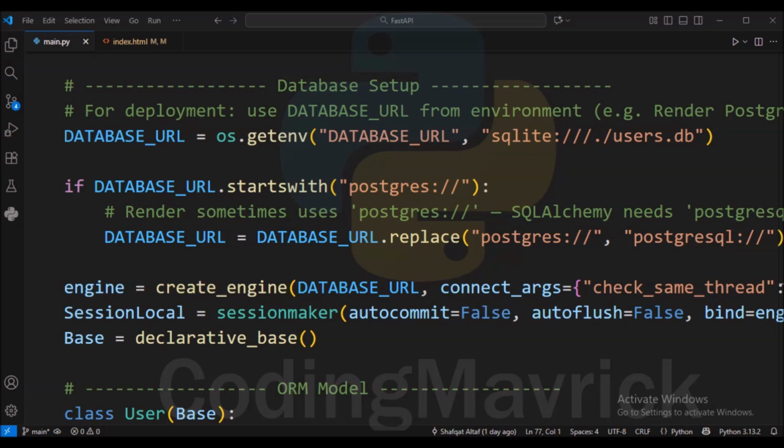In the next line, we make a small change from postgres to postgresql for both Render and Railway. This is the only change we require to shift the database connection to the cloud environment. The rest of the code will work fine.